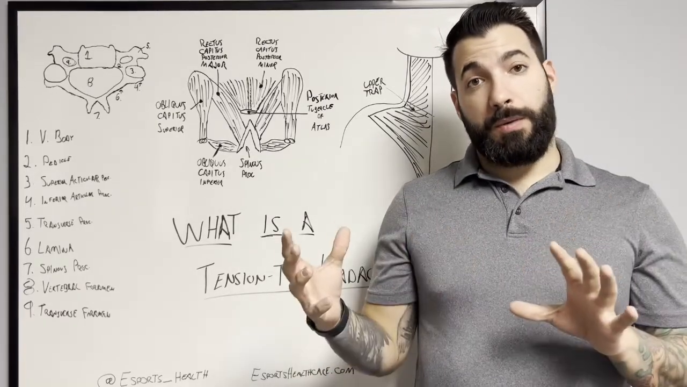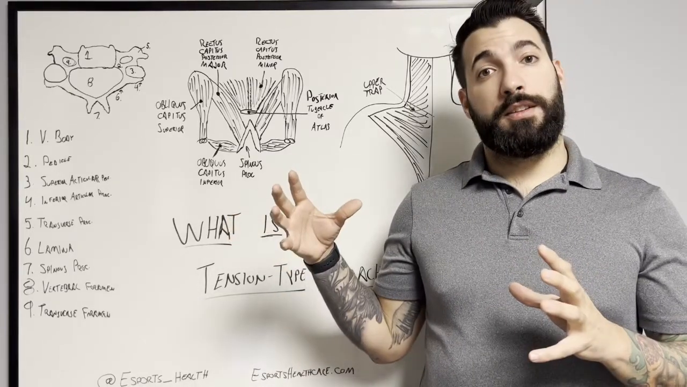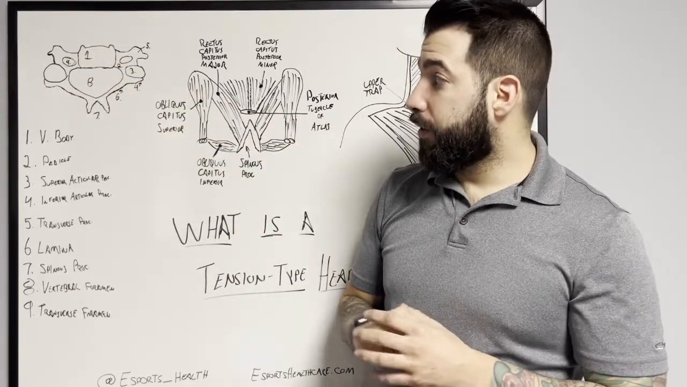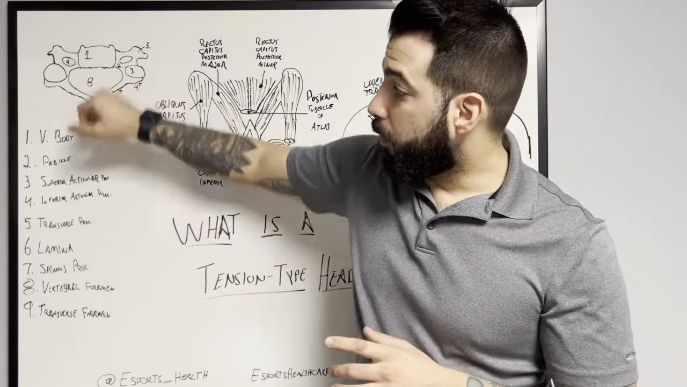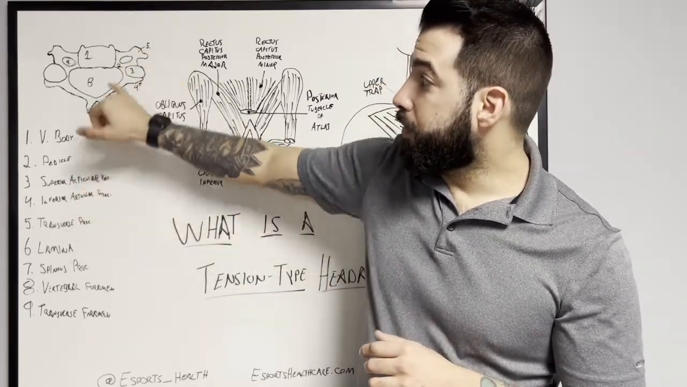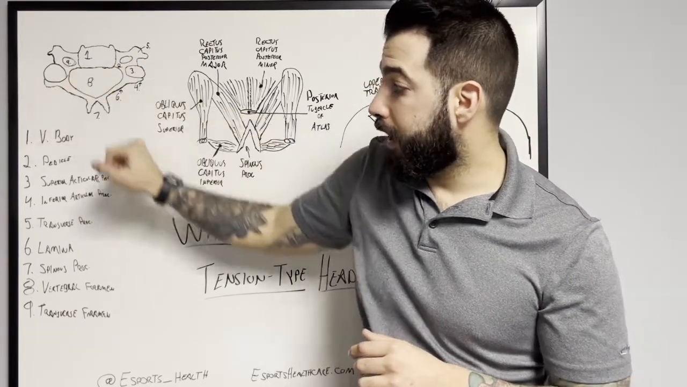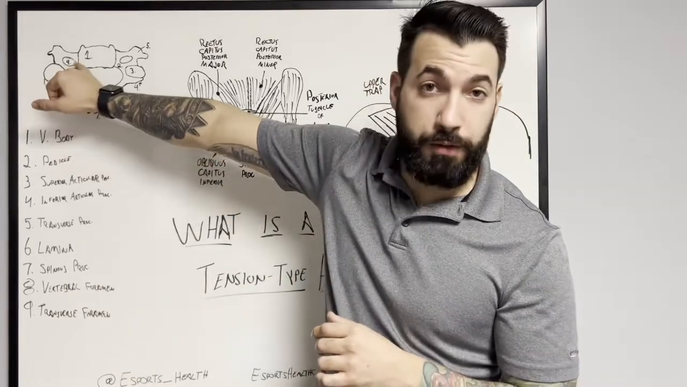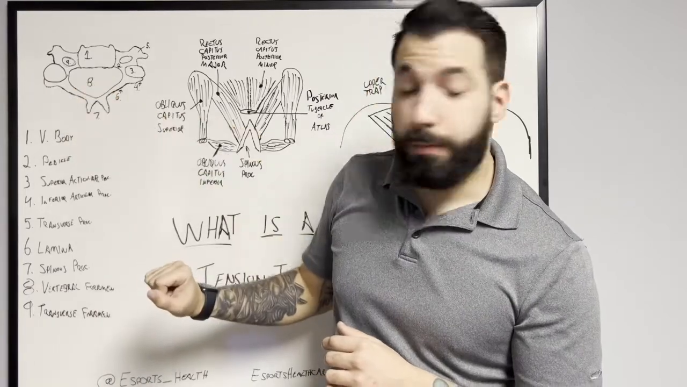structures. What I want to discuss here is some of the pertinent anatomy that would affect a tension type headache. To begin, we have a general cervical vertebra. I've labeled it here, number 1 being the vertebral body, which is where the discs sit. Number 2 is the pedicle, which helps to form number 9 and number 8, which are both the transverse foramen, where the vertebral artery passes through, and the vertebral foramen, where your spinal cord is going to